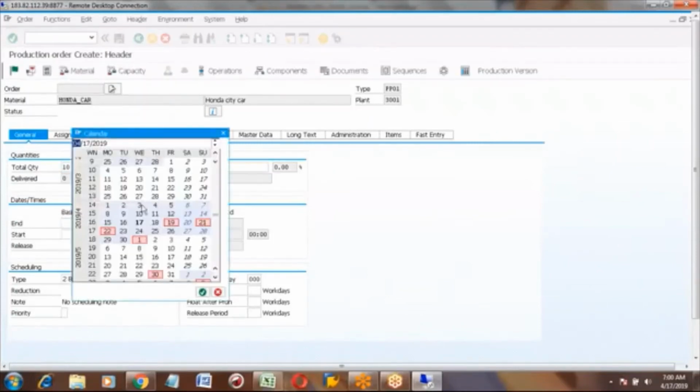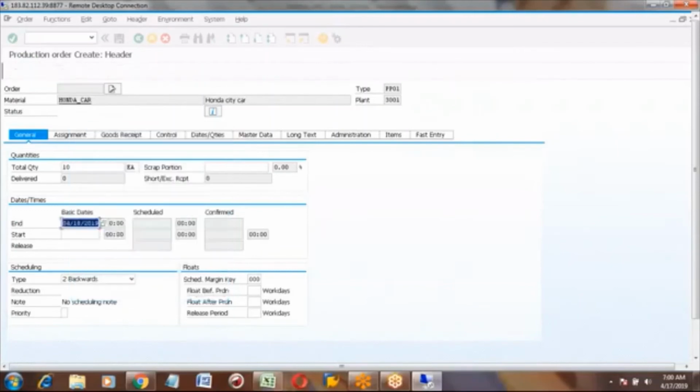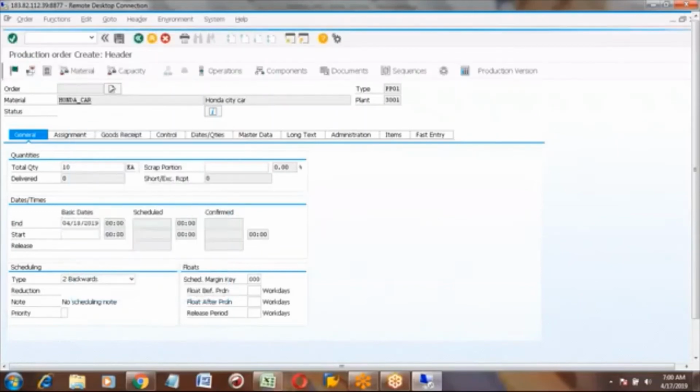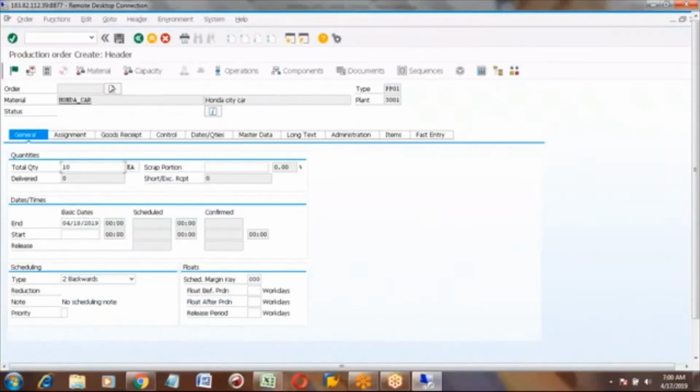For example, I want to complete this by tomorrow. You can enter tomorrow's date and press enter. The start date is automatically calculated based on the order type.